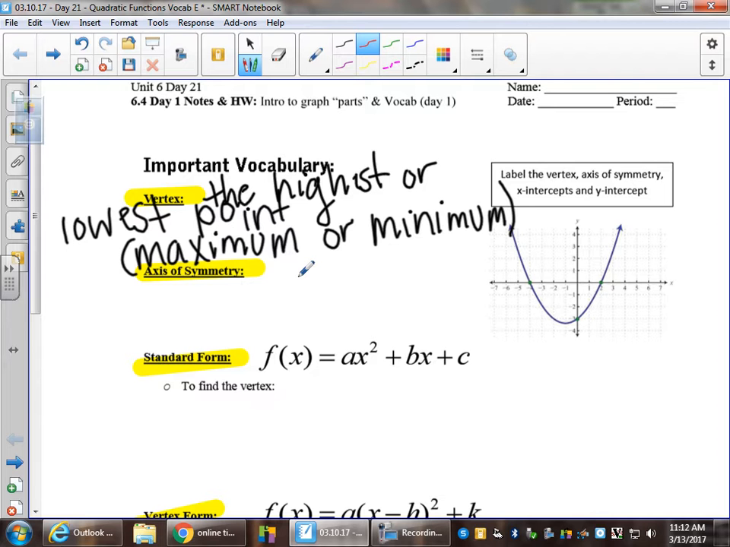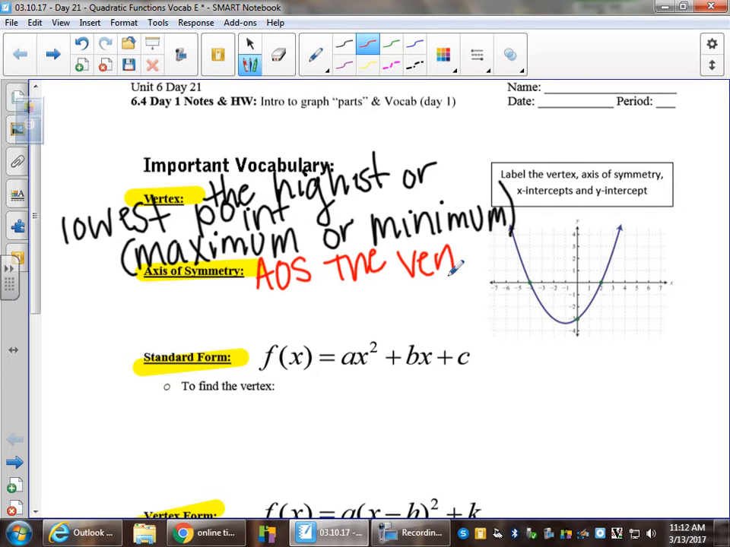The highest or lowest point, maximum or minimum. Axis of symmetry. What does symmetrical mean? When you split something in half, those two parts are going to be the same. So the axis of symmetry, another way to say that is AOS, we can abbreviate it, is the vertical